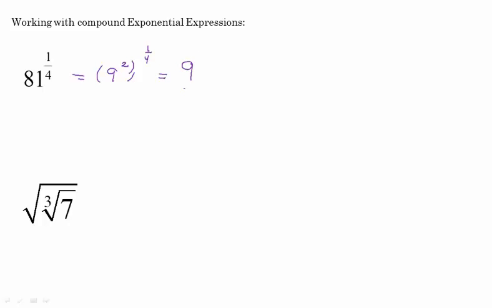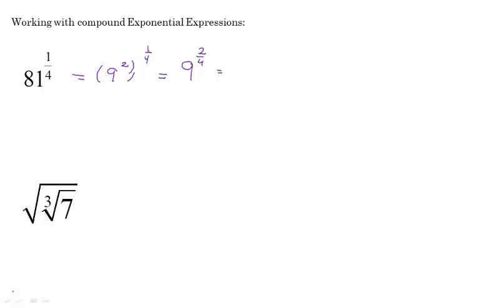Sometimes we may have compound exponential expressions. So 81 to the 1/4, or we could have a square root of a cube root of 7. Now, while this is legitimate, it doesn't look very good. Same thing here, 81 is 9 squared, and we're raising that to the 1/4, which will be 9 to the 2/4, which will be,